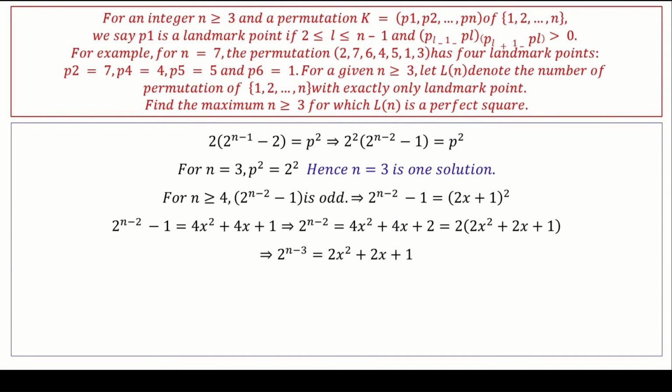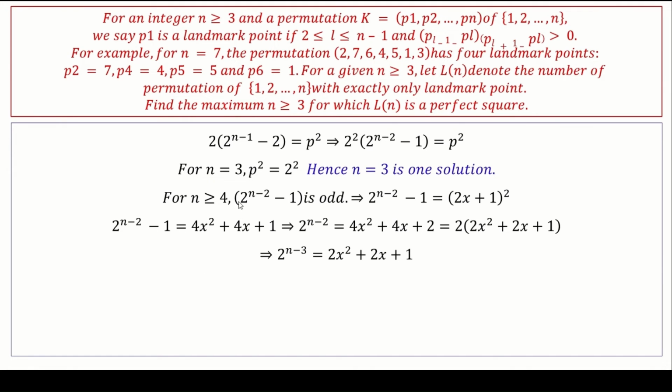Okay. So 2 to the power of n minus 3, because the 2 and 2 I am cancelling on both sides, equal to 2x square plus 2x plus 1. Now if you see, for n greater than or equal to 3,